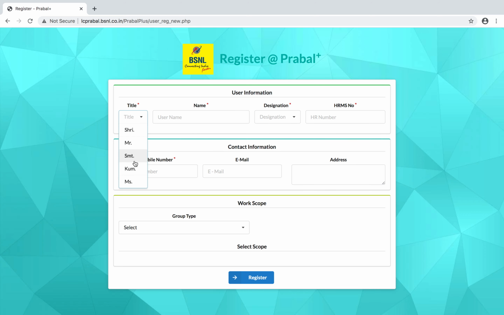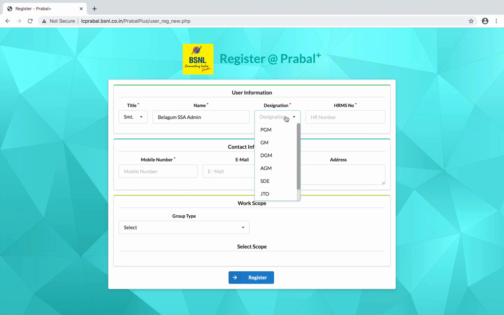SSA administrator. One request to SSA, as an SSA administrator, I will give Belgaum SSA admin.